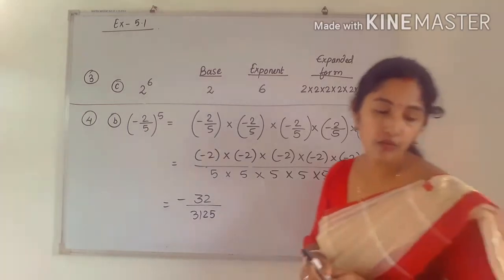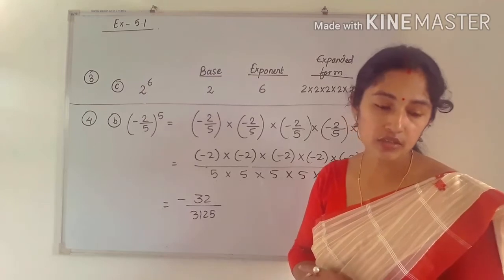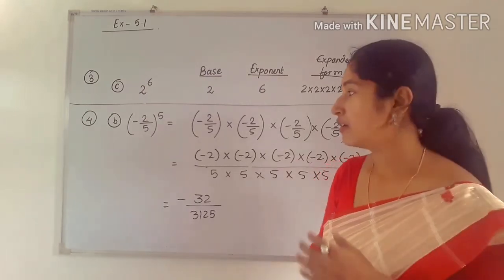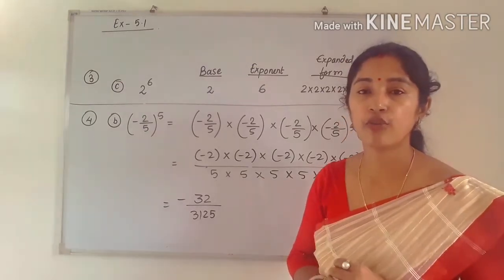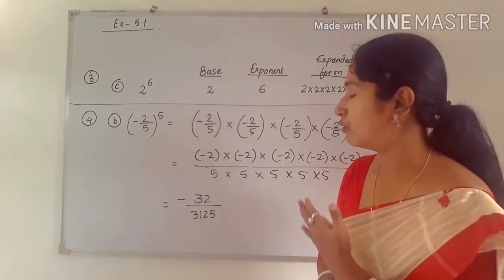Next come to question number 4. Here we have to find the following. So I am doing only one question from this. You can do it by yourself also. This is very simple. The number is in fraction. Okay. This is in P by Q form. Already we know. Okay. So here what we have to do?